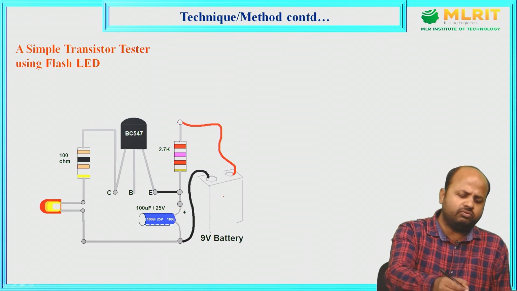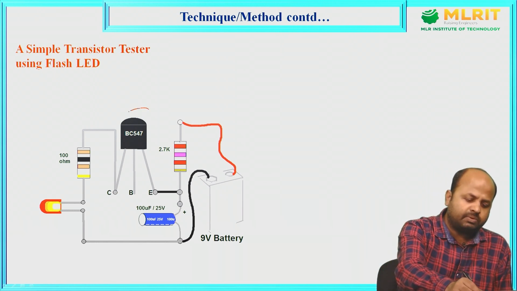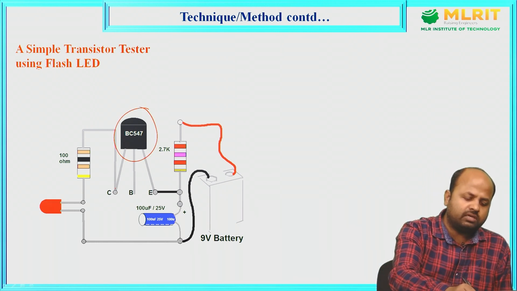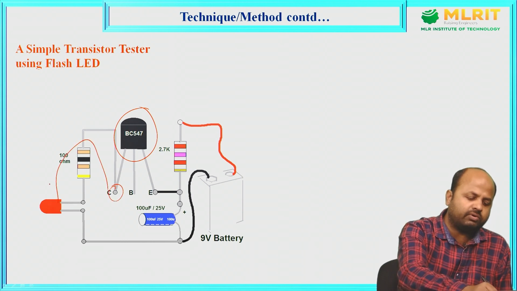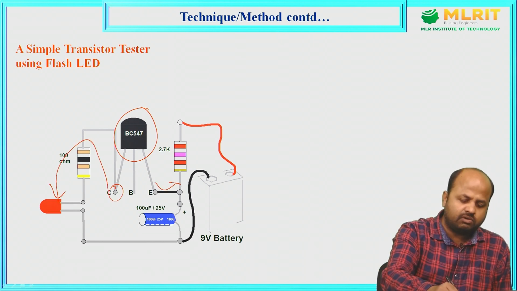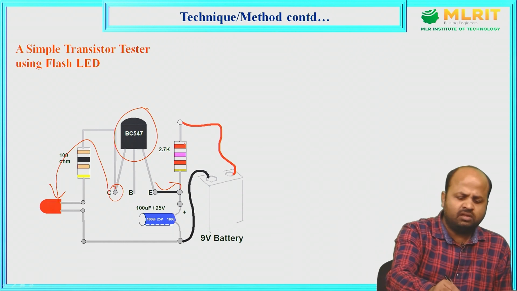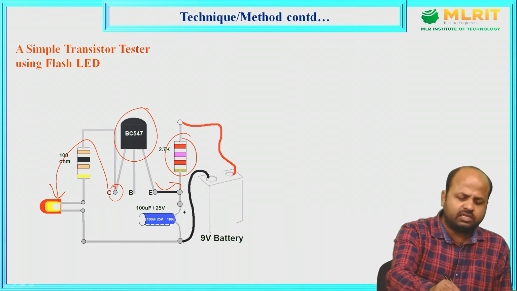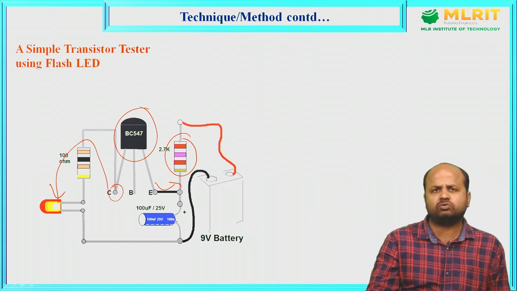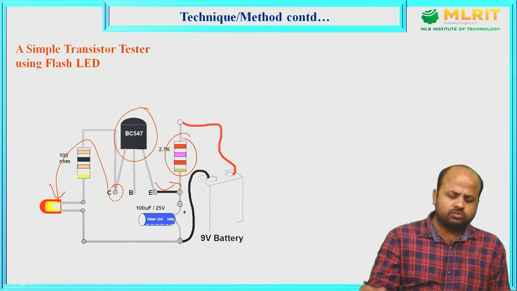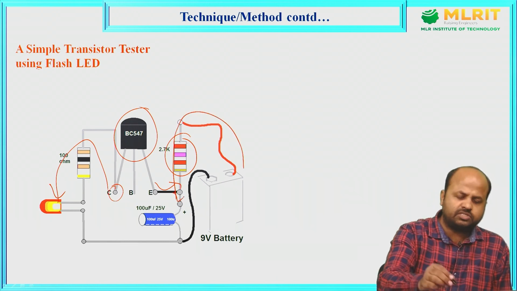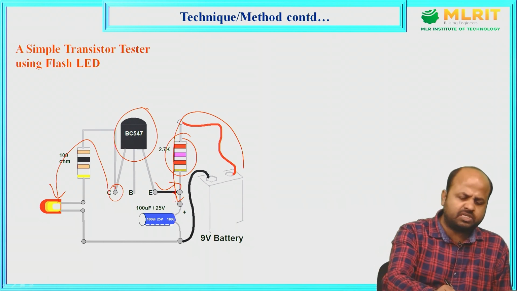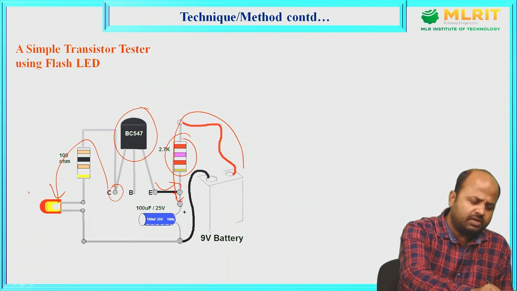Here we have taken one transistor, in the collector terminal we connected one LED, and to the emitter terminal we gave the VCC. The capacitor is connected in parallel to this resistor, and the capacitor is connected in parallel to the battery. So first of all, this capacitor charges. When this capacitor charges, this LED is